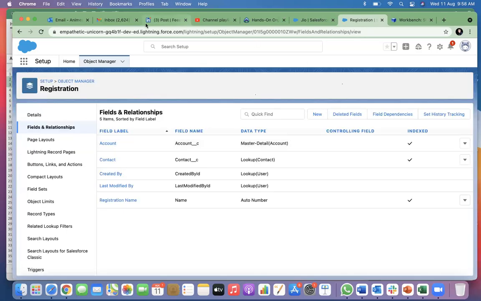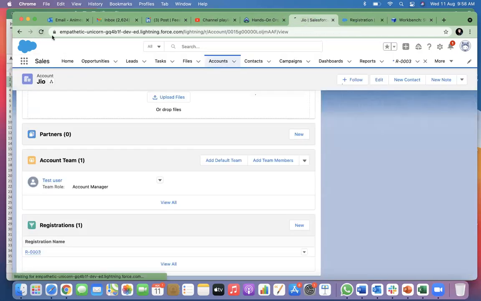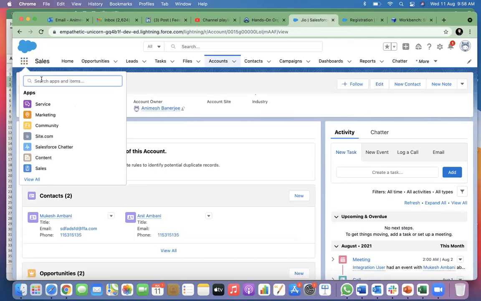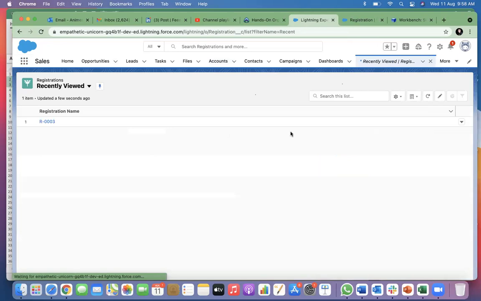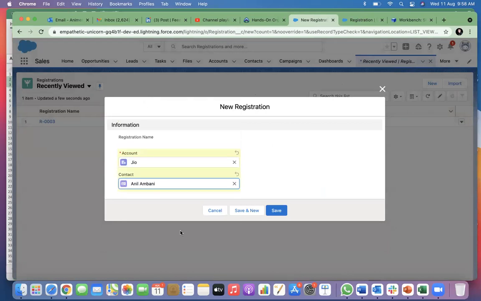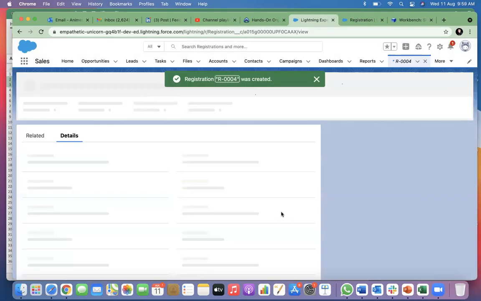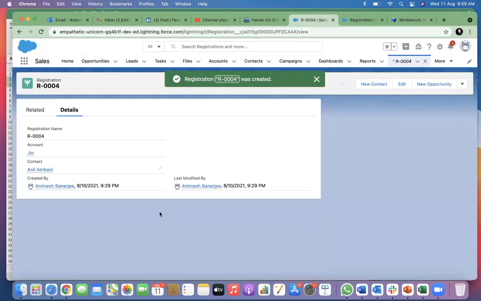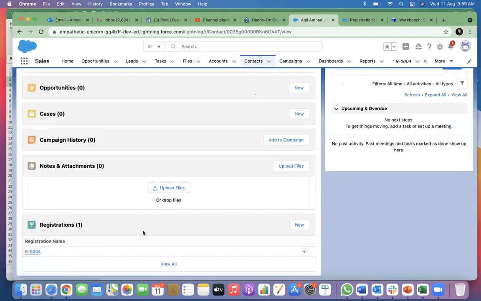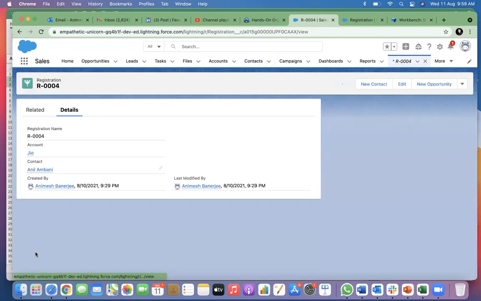If I see this now in UI, there's no difference, you see. If I go and create a new registration now, you see now it's just the same. This search button. So here I click Geo and here I select Mukesh. You see there is no red star here. This is the only difference. But this is also related. It's a relationship. If you go to that contact, you can see registration information down below. Quite similar.